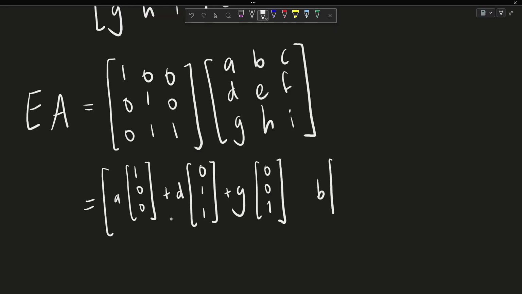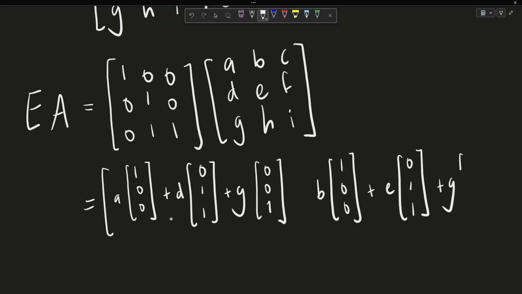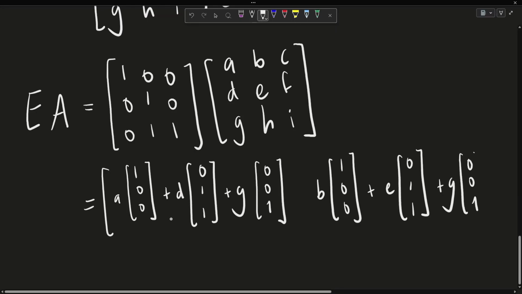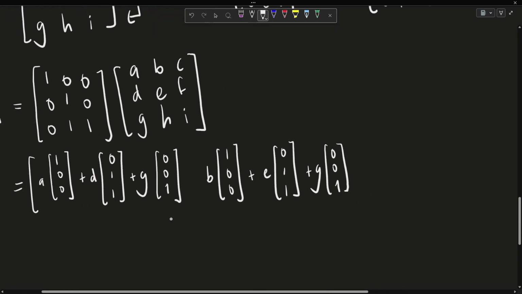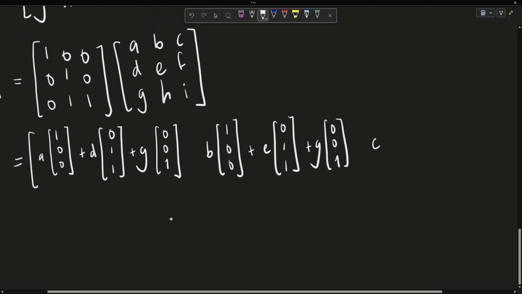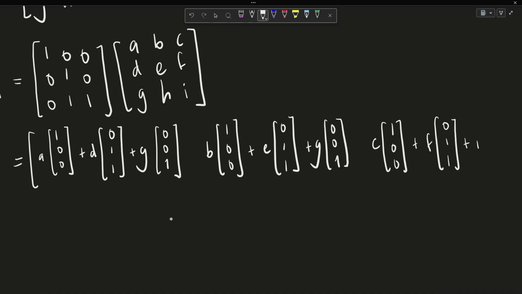Again, we'll take B times 1, 0, 0, E times 0, 1, 1, and G times 0, 0, 1. And again, we'll take our third column, C times 1, 0, 0, F times 0, 1, 1, and I times 0, 0, 1. And finally,